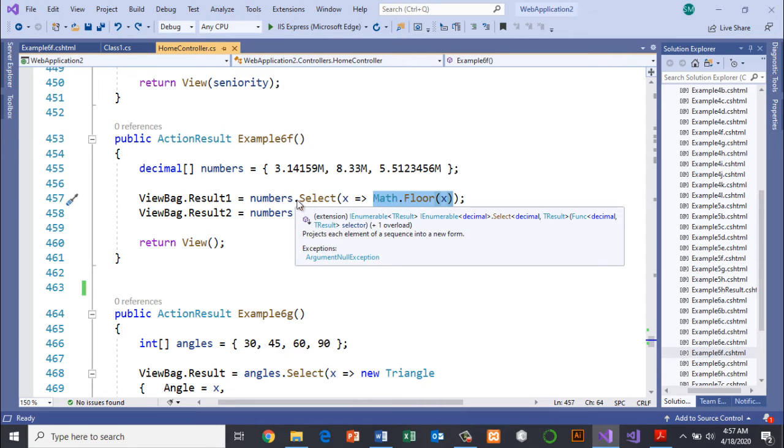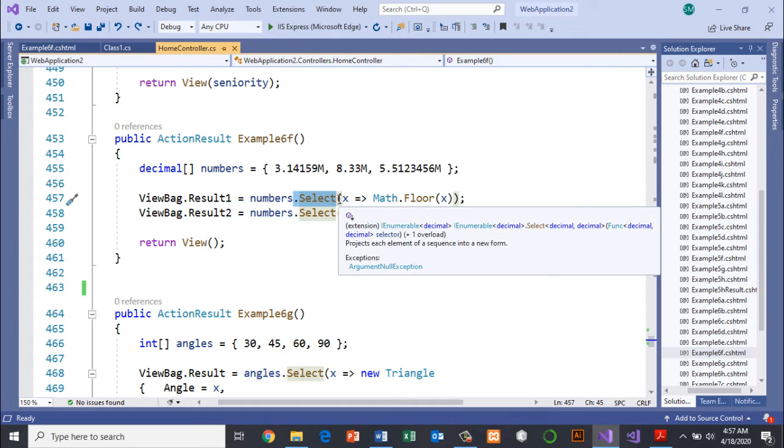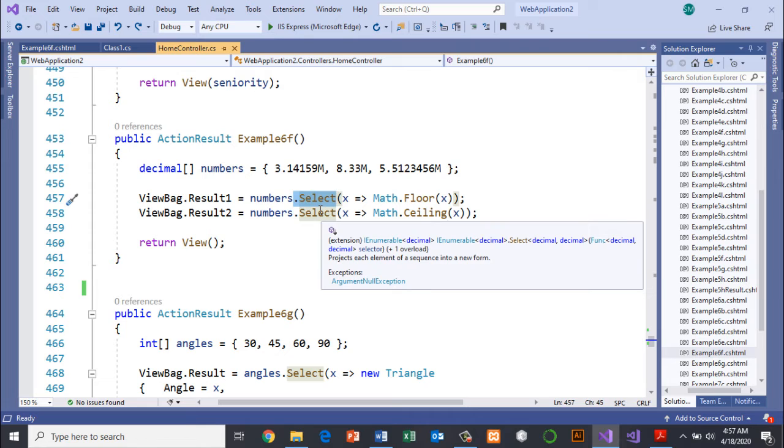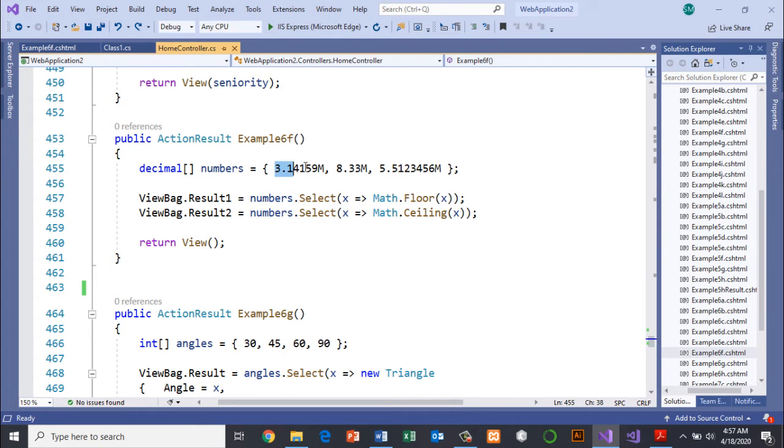That's why we use Select here, meaning that the value changes. The second one we have X, which is this value. We have this lambda maps to, or changes to. So what's the value of the ceiling? The ceiling is 4.